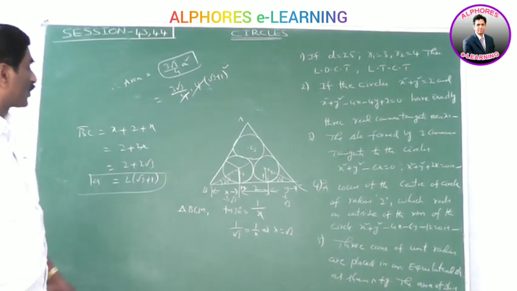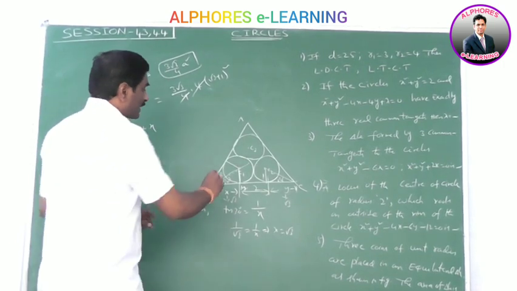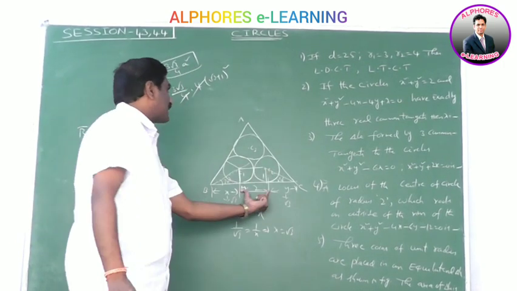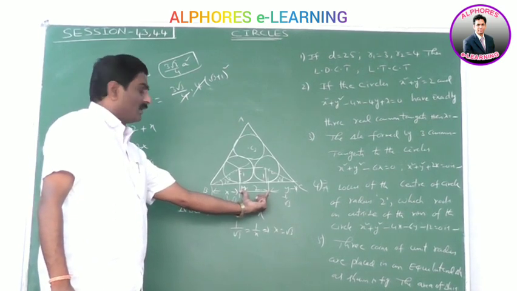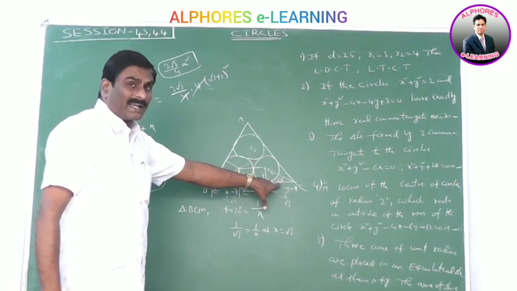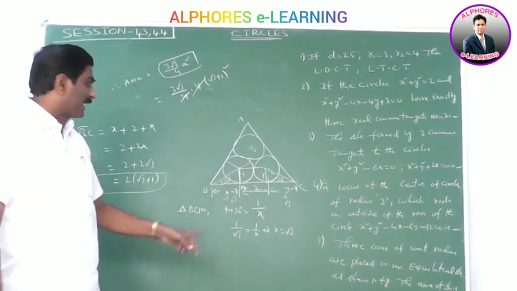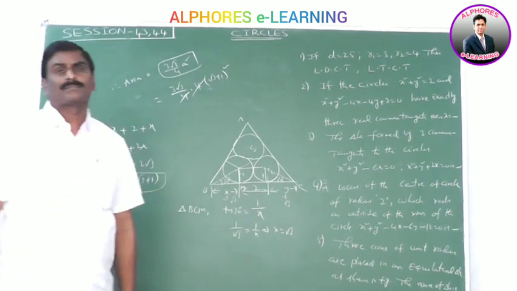Very important, please note this diagram. Here the two circles touch each other. That means this distance is 1 plus r1 plus r2, 2 units. Now we find this value and this value. These two are equal. This triangle is identically equal to this triangle. So it is x, and automatically this value is also x. So the side is equal to x plus 2 plus x. Okay?